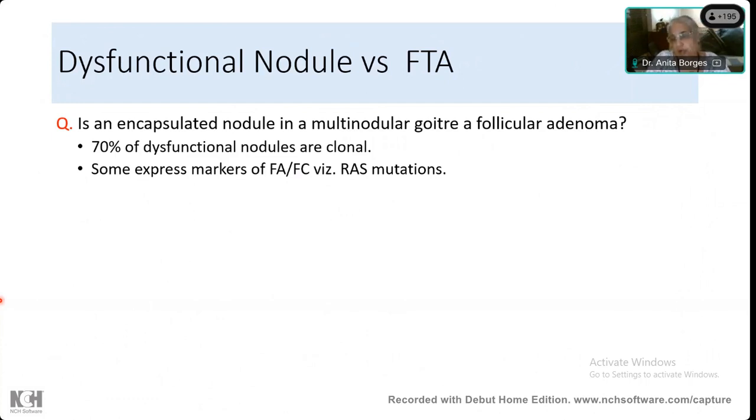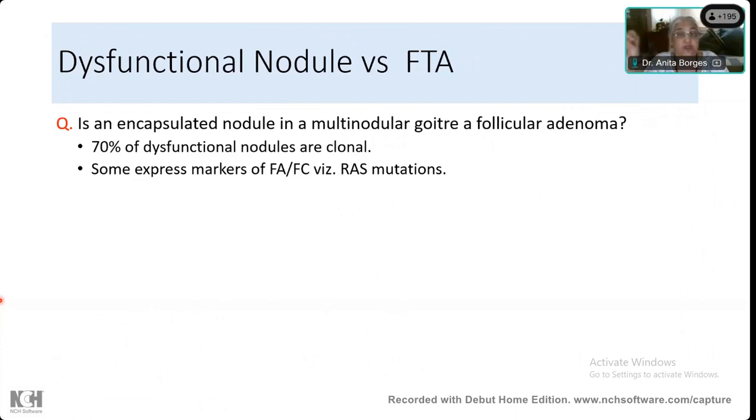Okay? I am a clone, Deepak, and you are a clone. Why? Because my genome, whether it's in my eye or in my skin or in my ovary or in the liver, this exact same genome is present in every one of my cells. So all my cells have the same genome. And that is true of the multinodular goiter, where there is an abnormality which is the same in